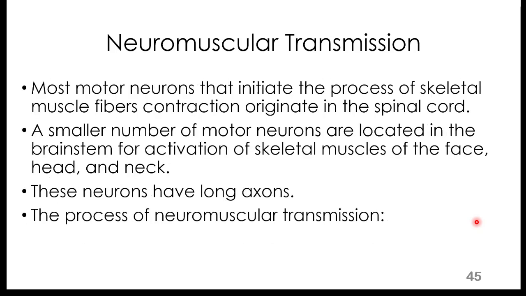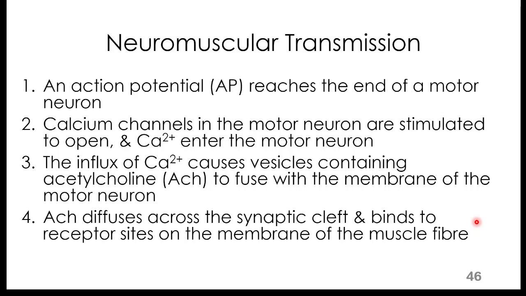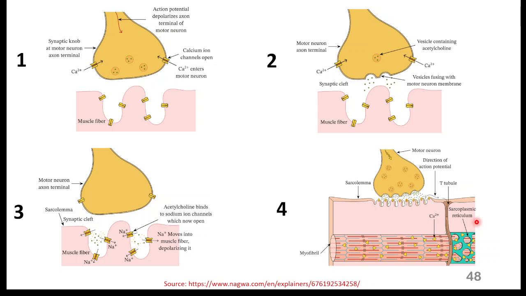So now let's talk about the process of neuromuscular transmission. An action potential moves along a motor neuron. Now the action potential reaches the end of the motor neuron. First of all, this is a neuron and this is a skeletal muscle. All right, so once the action potential reaches the end of the motor neuron, it stimulates